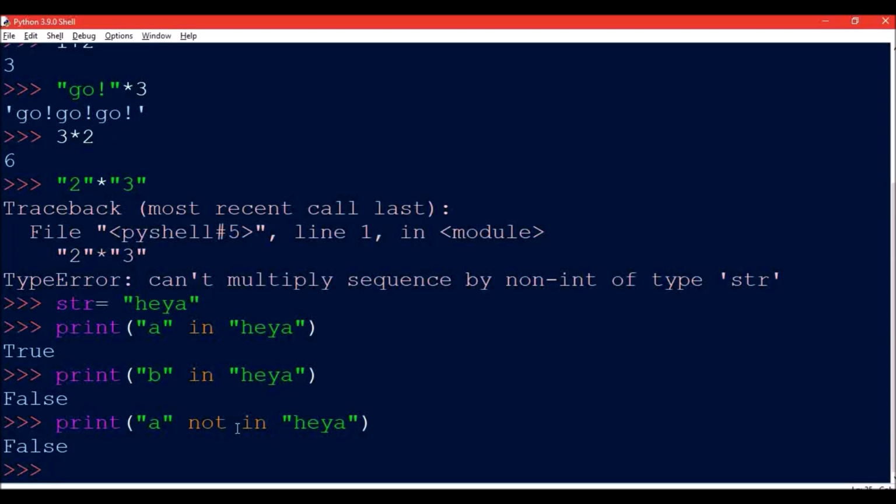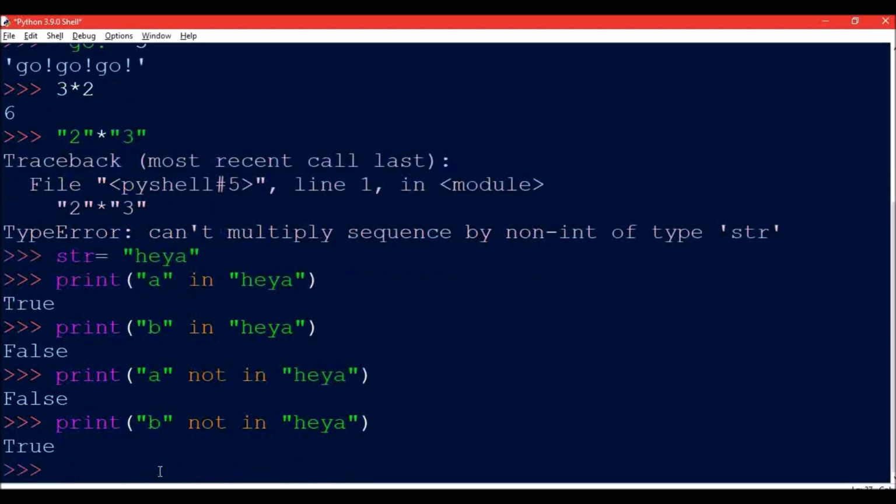And if I write any other character that is not present in the string with not in, then it will be true because B is not present in the given string. HEYA is the string in which B is not present, so if it is not present and we are writing not in, in this case it will be true.